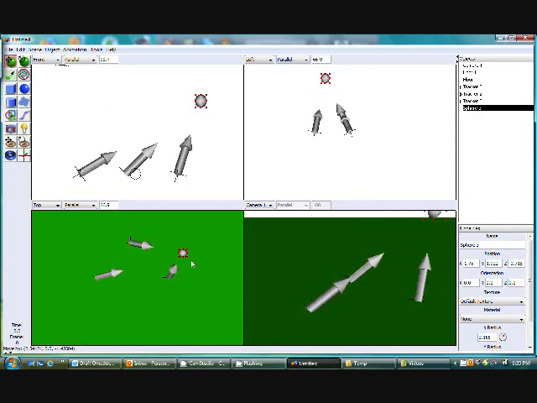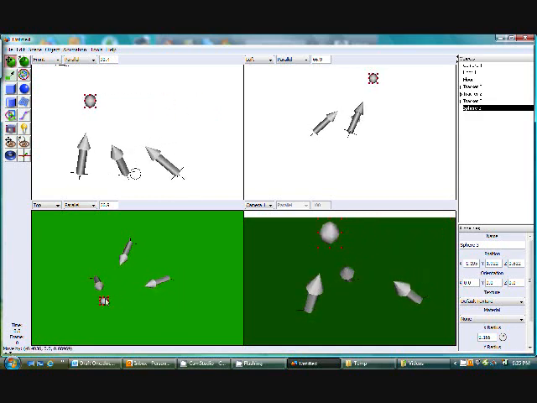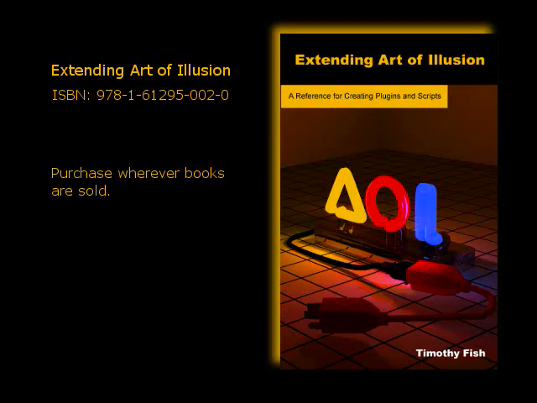But there is more. The second half of the book is a quick reference that you can use as a reminder of all of the classes and functions available to you in the Art of Illusion API. It also includes a reference of the classes available for use in the Art of Illusion user interface,